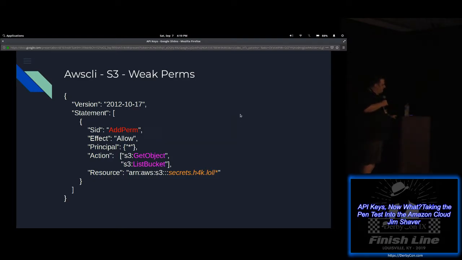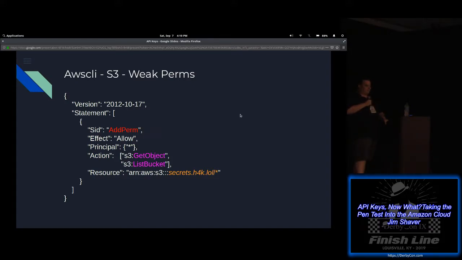But basically, we're adding permission. That's the name of the policy that we're setting. The permissions we're adding are get object and list bucket. Get object you can kind of think of as read, and list bucket you can think of as list. And then we're adding it to the resource secrets.hack.lol.